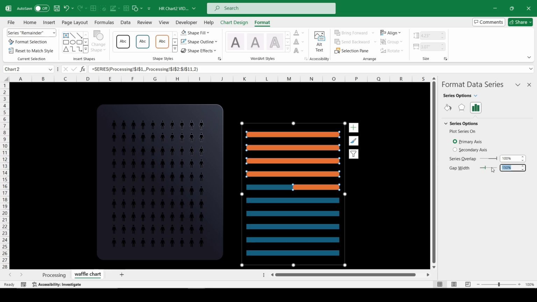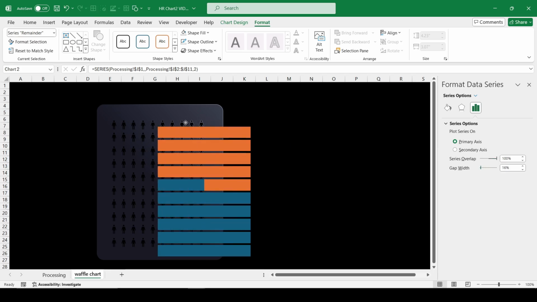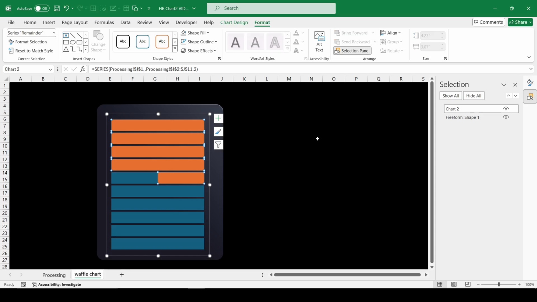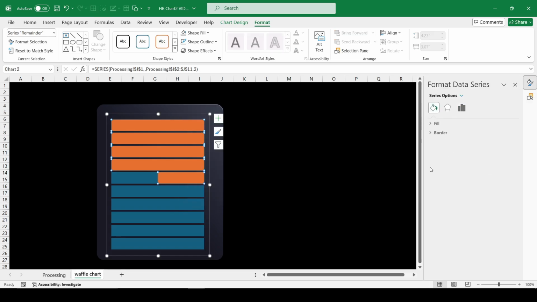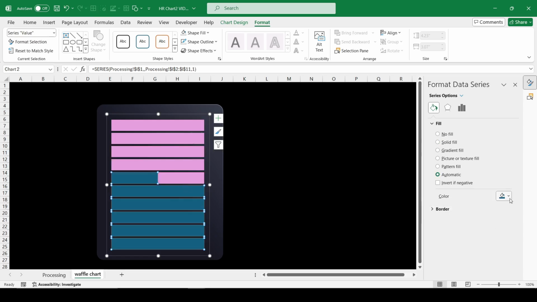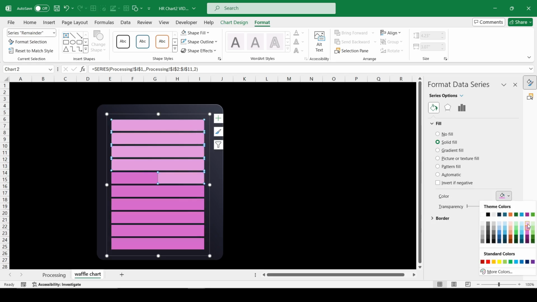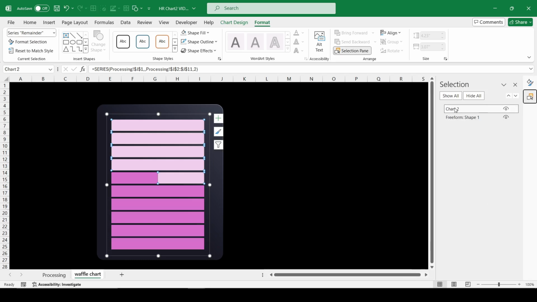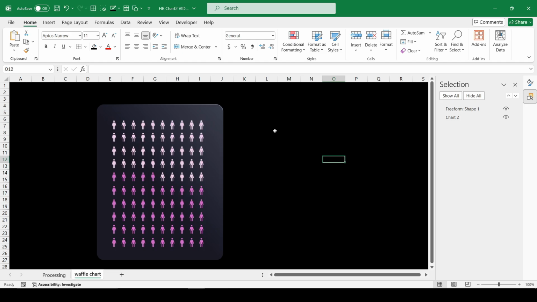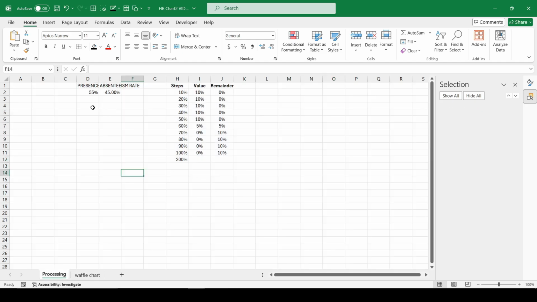Adjust the size and decorate the bars of the horizontal bar chart with colors. Overlay the rectangle with person-shaped holes onto the bar chart to achieve the popular mask effect. This method is very popular in graphic design and can be applied in Excel thanks to PowerPoint.